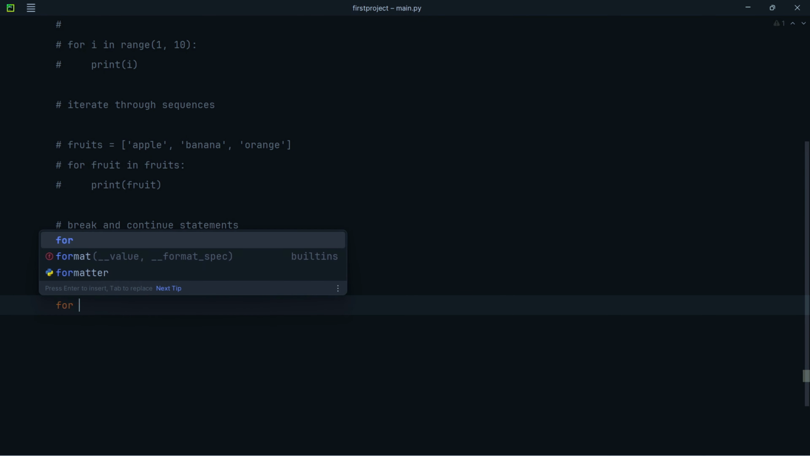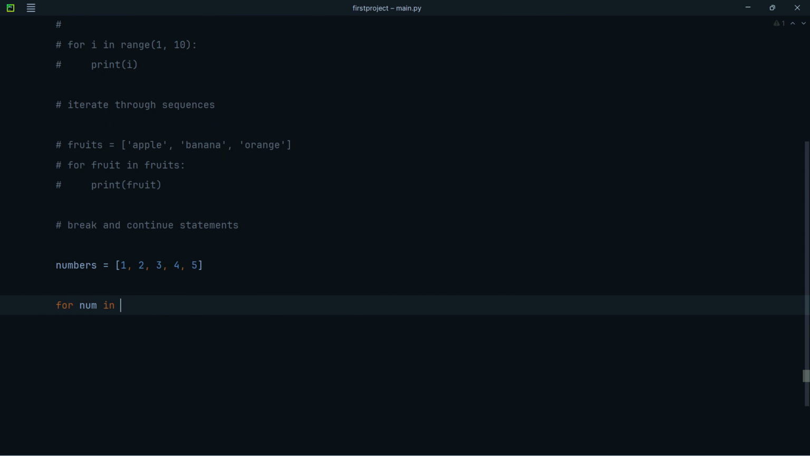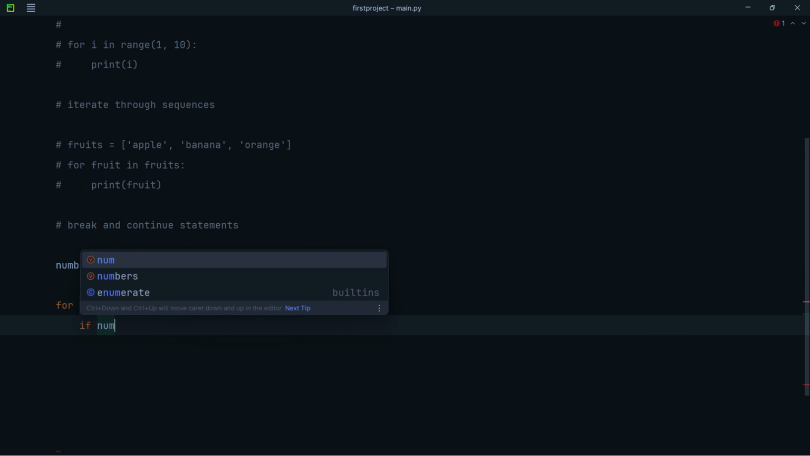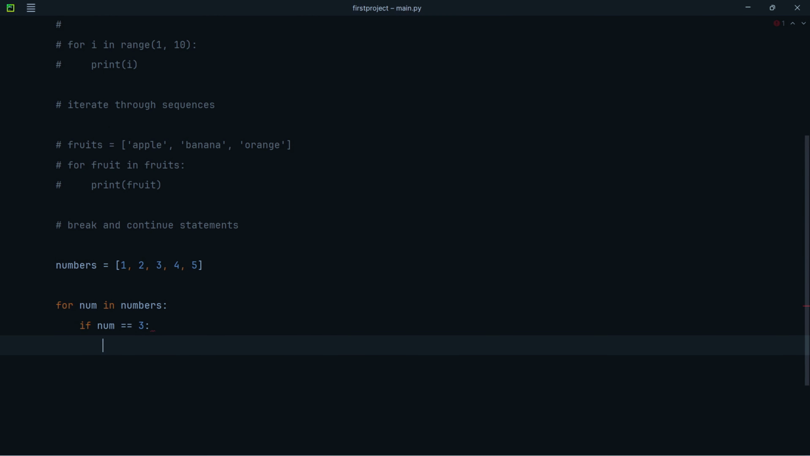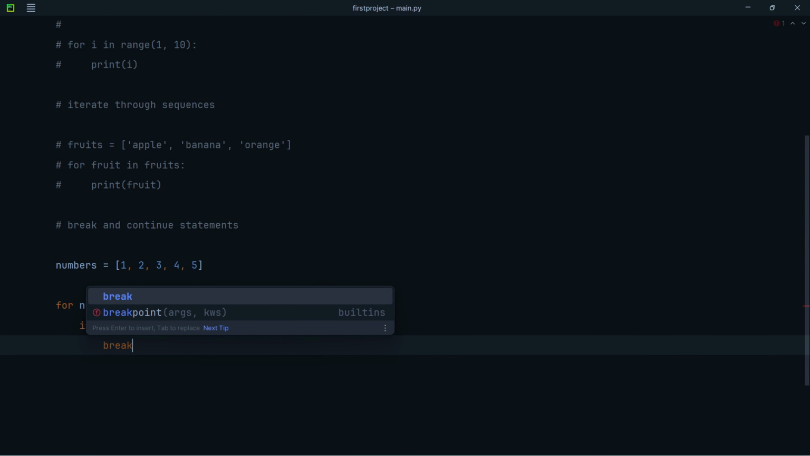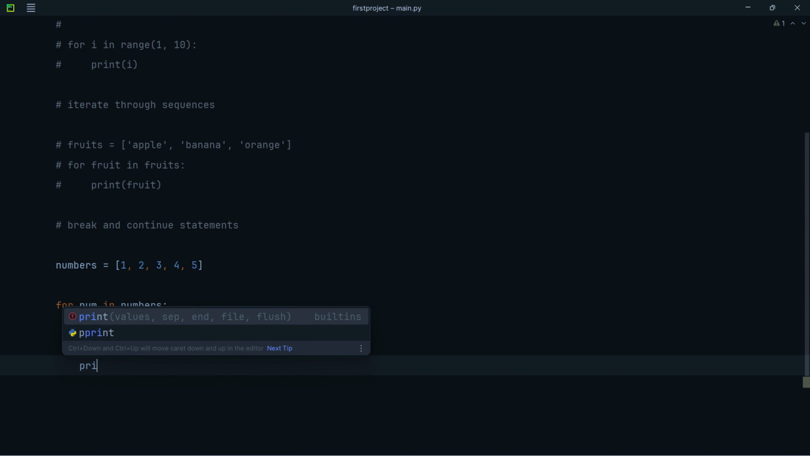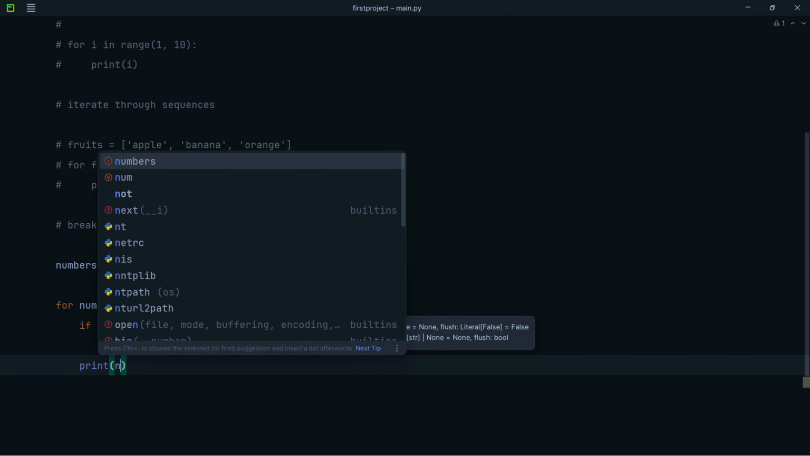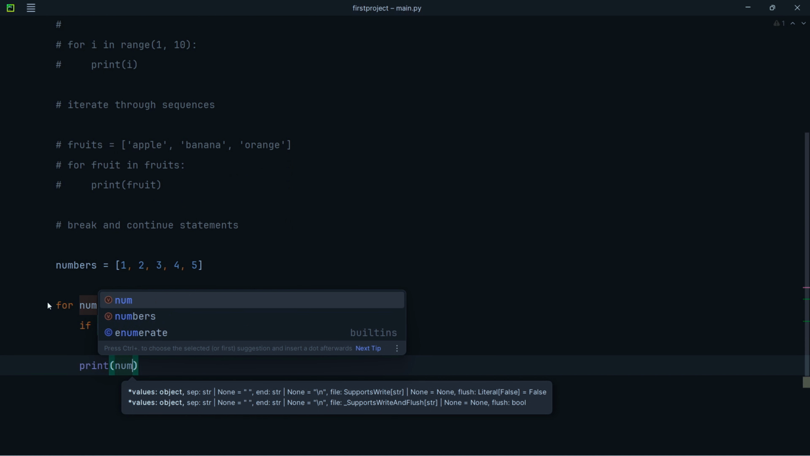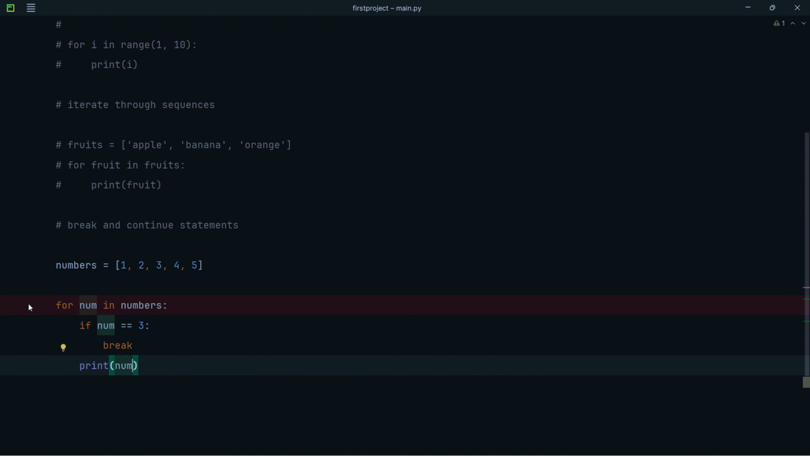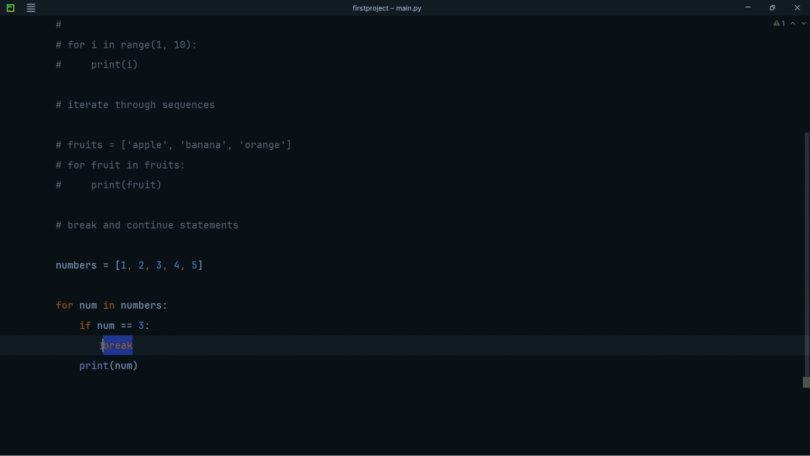Now we can simply say for num in numbers, and then we can say if num equals 3, then we'll say break. Otherwise, after this we can print the values. So we can say print num. Now what does this break statement do? The break statement works in a very simple way. Wherever this break